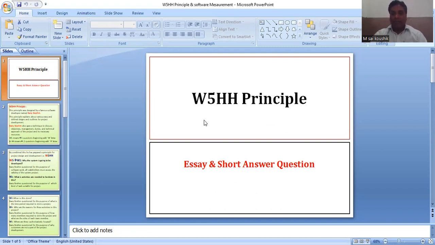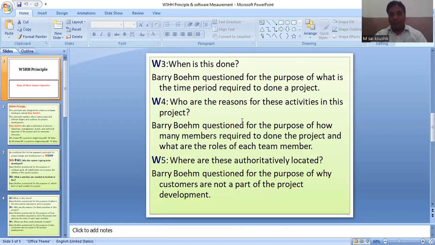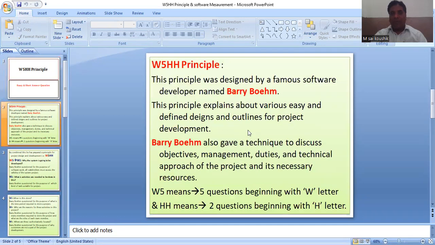This principle was developed by one famous software developer called Barry Boehm. He is a great and well-known software developer who prepared this principle.